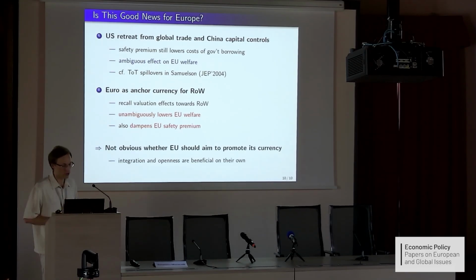To conclude, it's not just this model. I have worked more with models where the dollar is used as a currency of invoicing, and there you get the same results. It's very non-robust, or sometimes it's actually the opposite, the counterintuitive result that it's bad for these countries to have their currencies used as a dominant currency. So I think it's ambiguous. What is not ambiguous is that integration and openness have benefits on their own. It's nice if they also promote your currency and allow the country to borrow more cheaply, but this is second order and more ambiguous. I think the direct effects of integration and openness are more important.